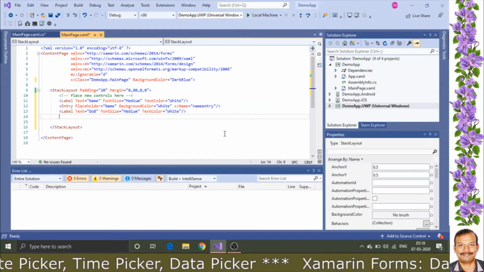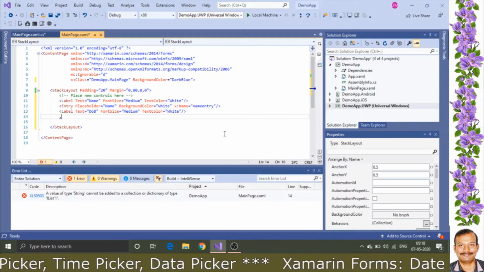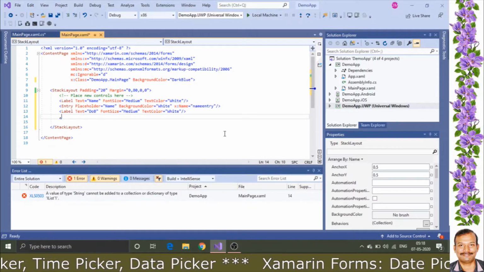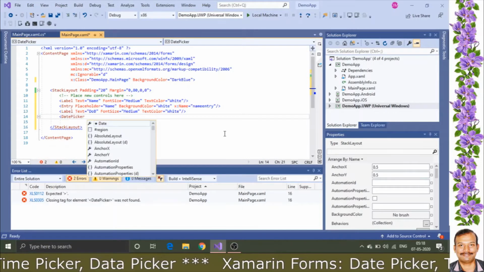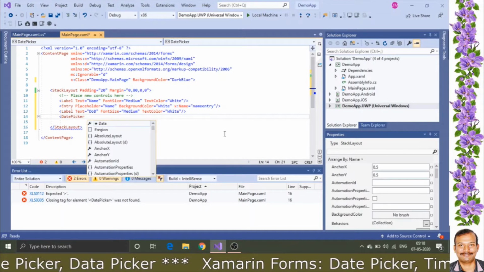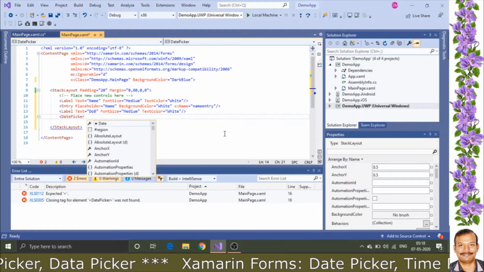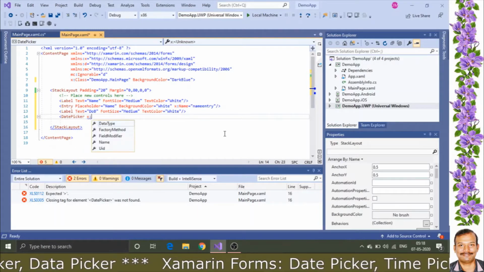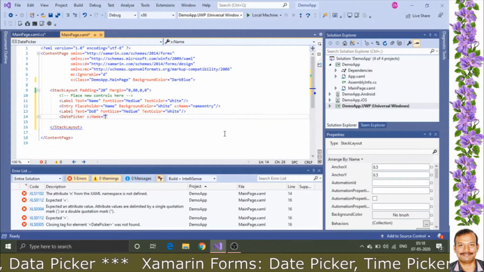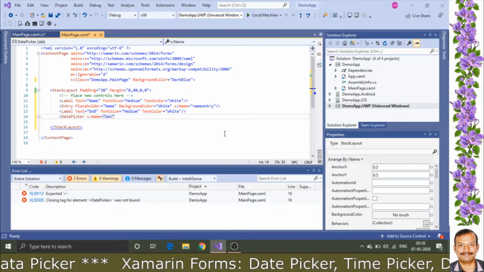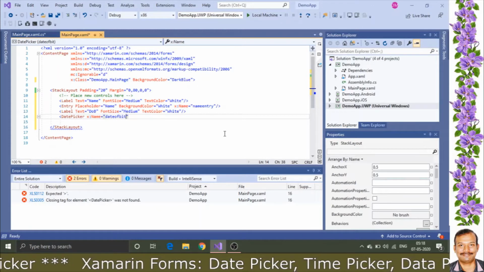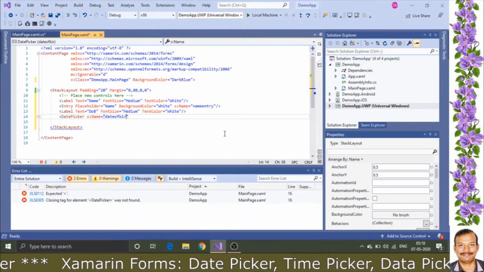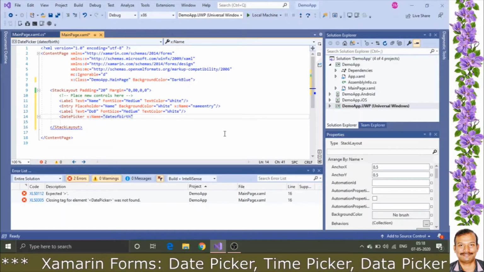Then we are going for a date picker. I'm giving a name for date picker, giving as date of birth.